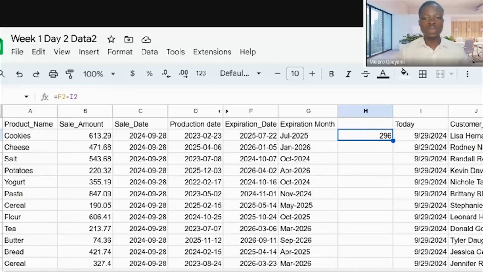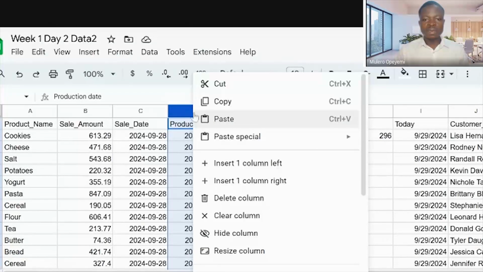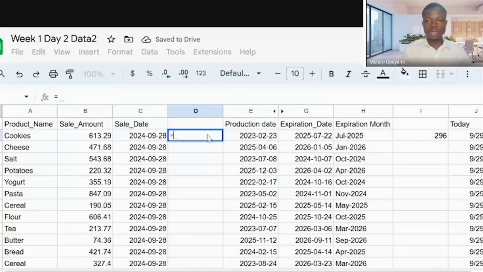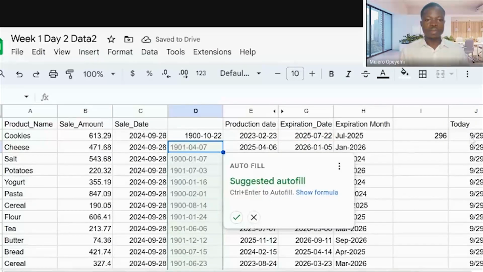But I want to show you something. Let me insert a column left here. And same thing I did there. I want to try something. Equals expiration date minus today. You can see this.